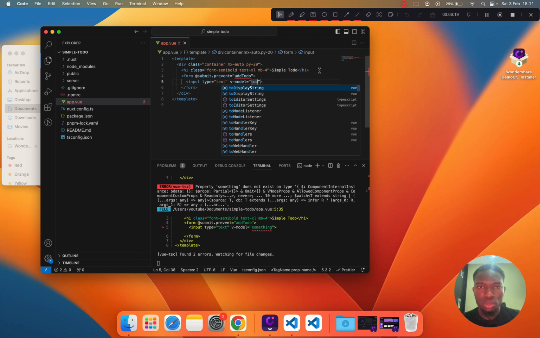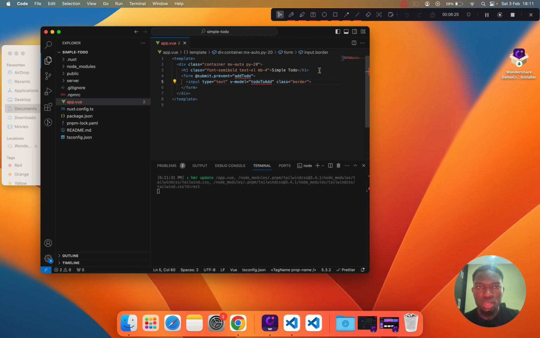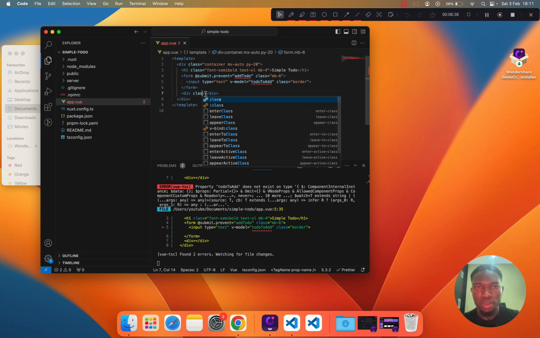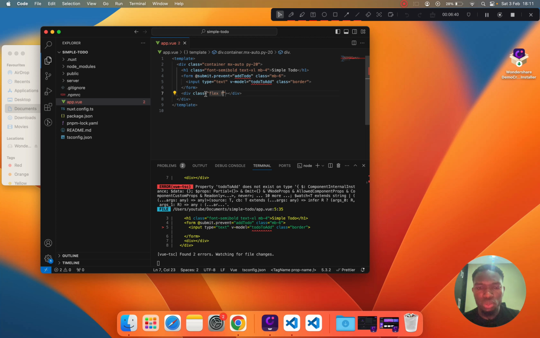Let's go to-do to add, right? And then we can give it a class of border, right? And a lot more can follow. So we can also imagine that we're going to have, let's add some styling to the form. So we can also imagine we're going to have where all this will show, right? So we want to add the loop,